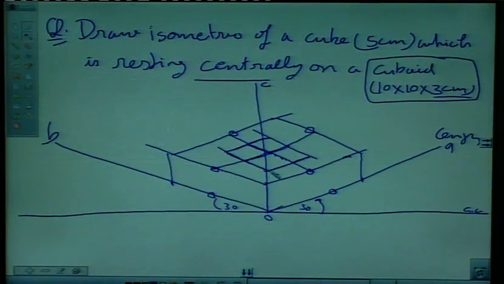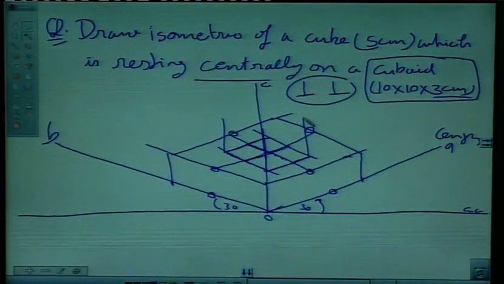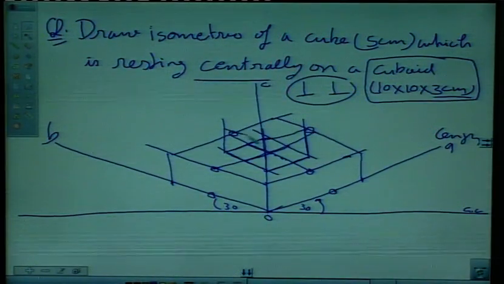We all know that perpendicular lines remain perpendicular, right? Perpendicular lines remain perpendicular. This is a rule of isometrics. Okay? So we can draw vertical lines or perpendicular lines straight up, right? And side of the cube is 5. So we will mark on any edge 5 centimeter. Say this is 5 centimeter here. Then we will again draw parallel lines to complete the